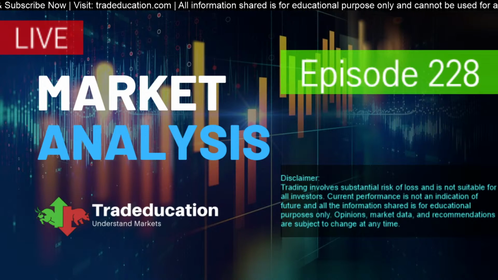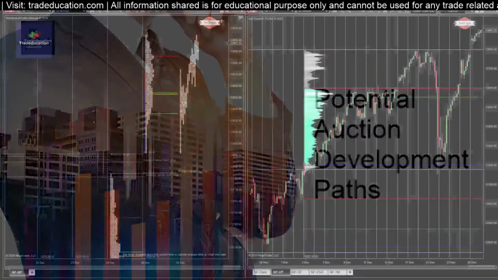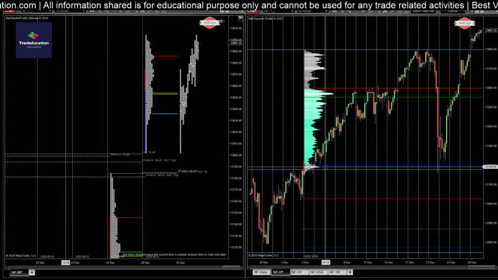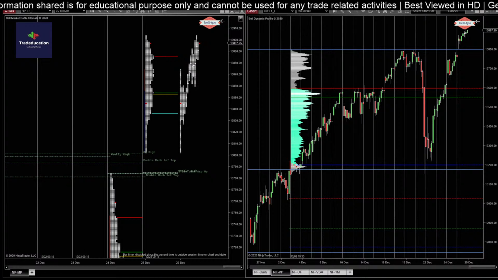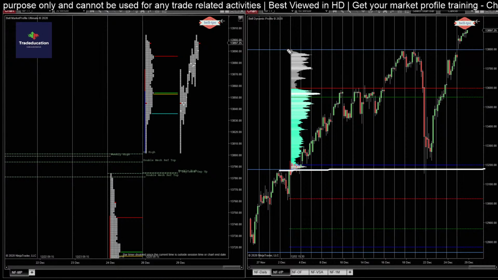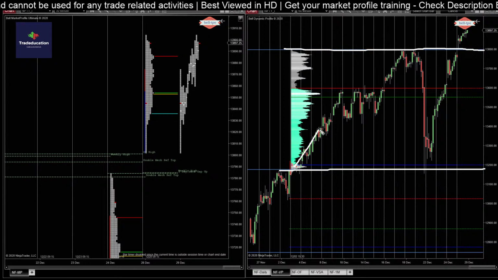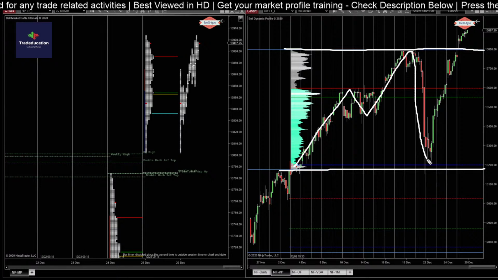Okay. So let me just quickly share my screen and let's look at how the auction developed yesterday and what are the potential auction development paths for today. So first of all, I would like to put some emphasis on the entire December month series. It actually started from this level, but this is a bigger balance, or you can say a bigger range, where initially the auction was just one time framing higher, then we had a non-linear break, and then